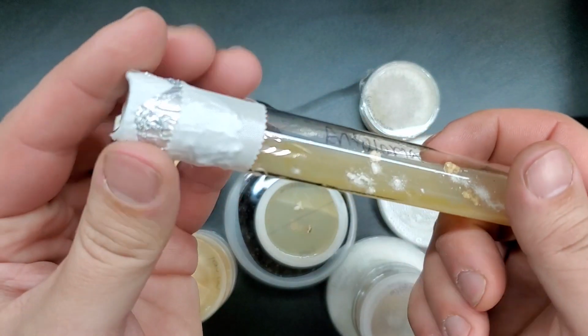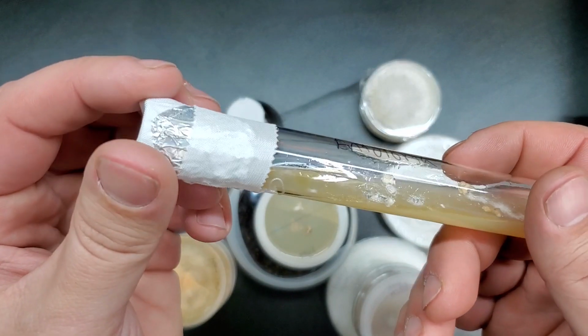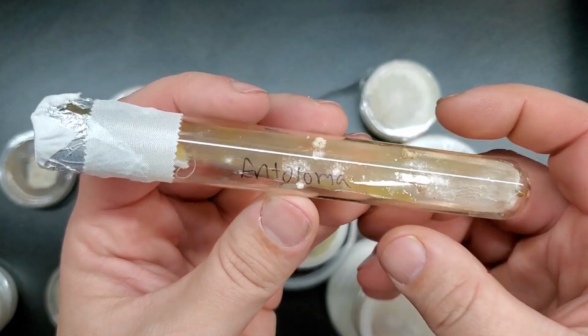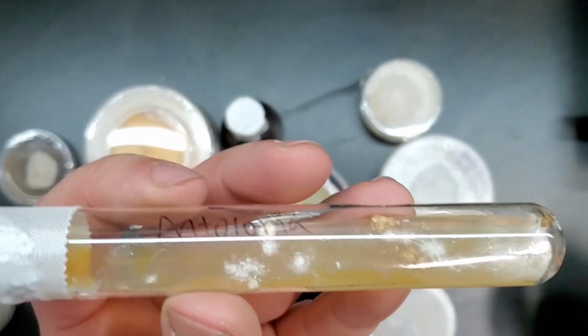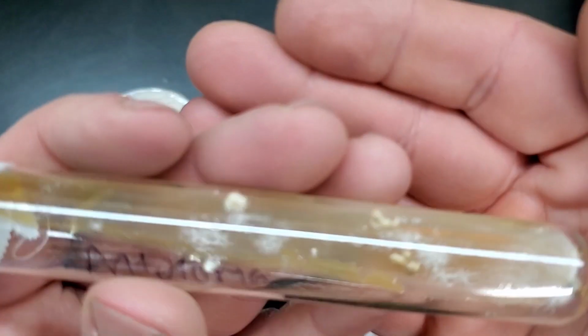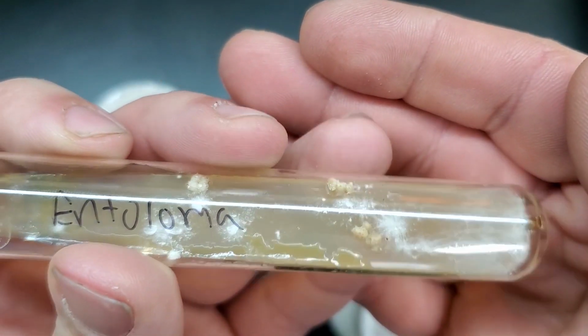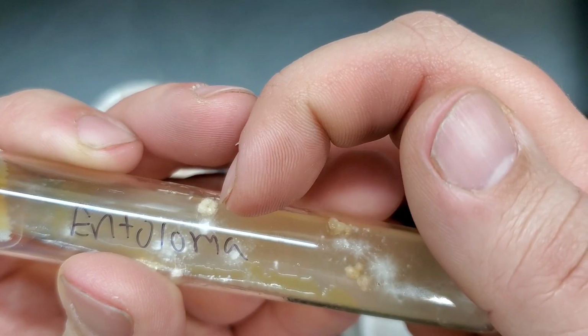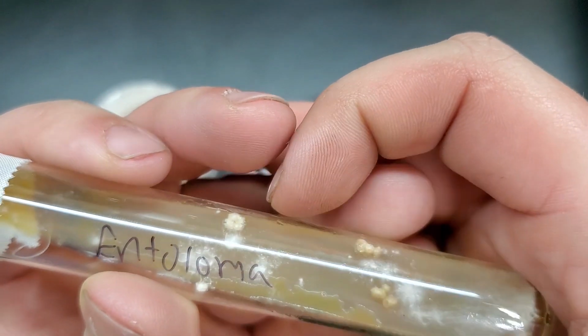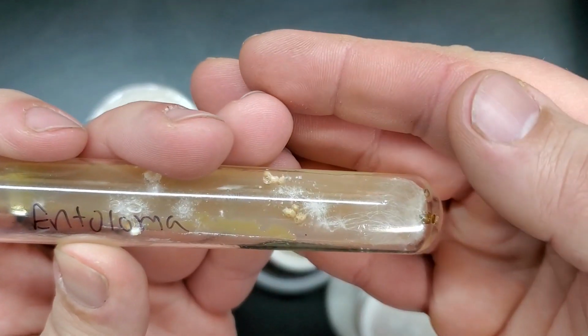I think they actually got in because this aluminum wasn't making a great seal around the top, and it probably let some stuff in, then it rolled down the side. But it's actually not that big of a deal because you can clearly see that this is doing really, really well. And this culture slant has both the aborted Entoloma, weird shrimp of the woods nodule looking growth right here,